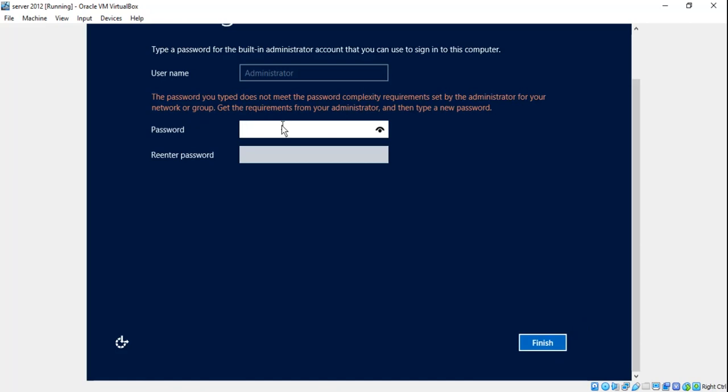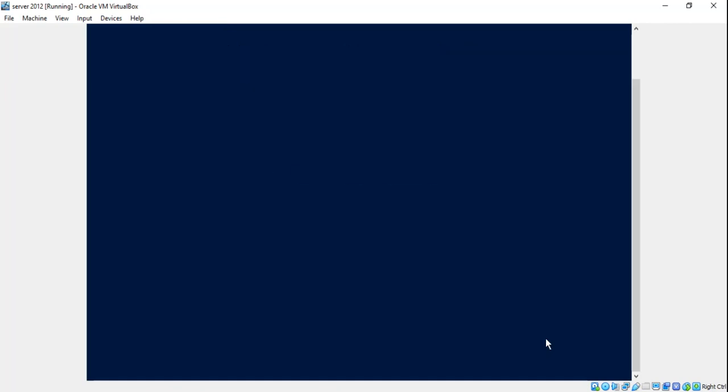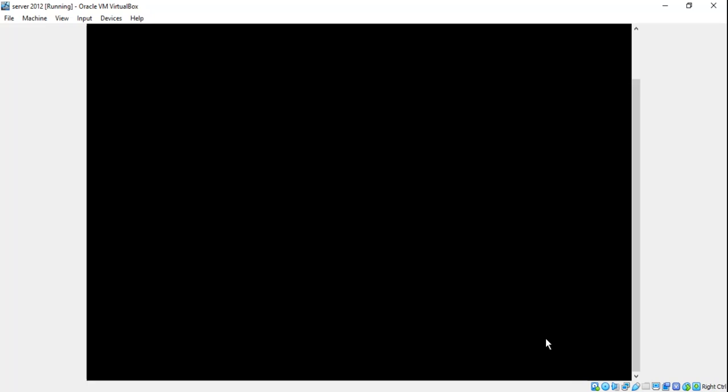So let me give another password, a complex password. Type again. Okay, now let's click on finish. So it says finalizing your settings.